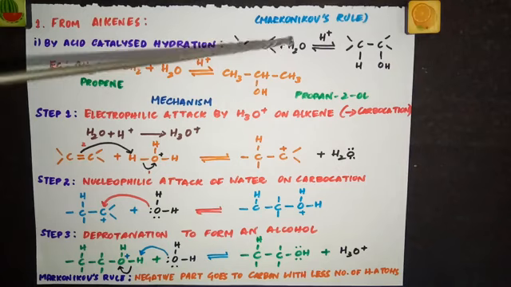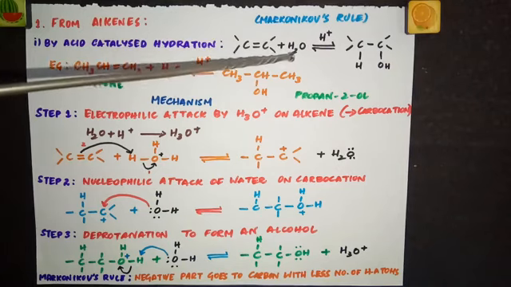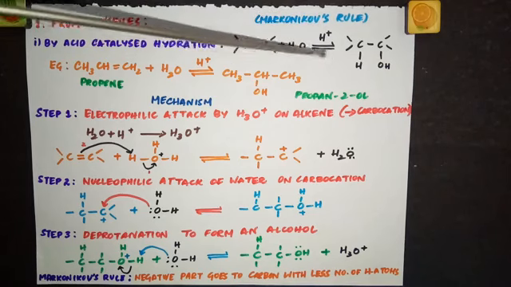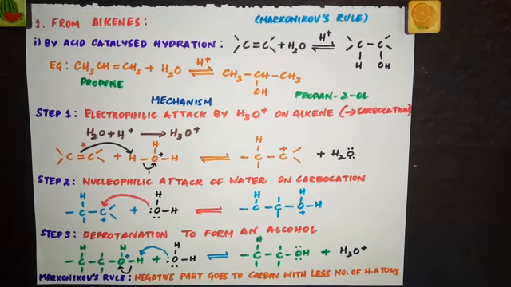This is the alkene part. Treating it with water in the presence of H+, it's a reversible reaction. So what happens? You have hydrogen and OH, which means H+ and OH-. You have a positive and a negative part. Now this is going to be added across this double bond, and this addition follows Markovnikov's rule.